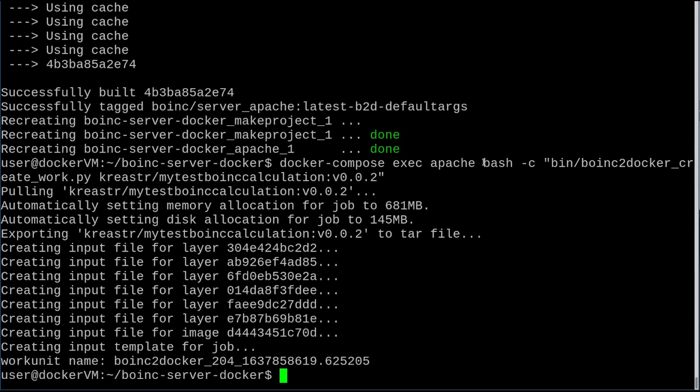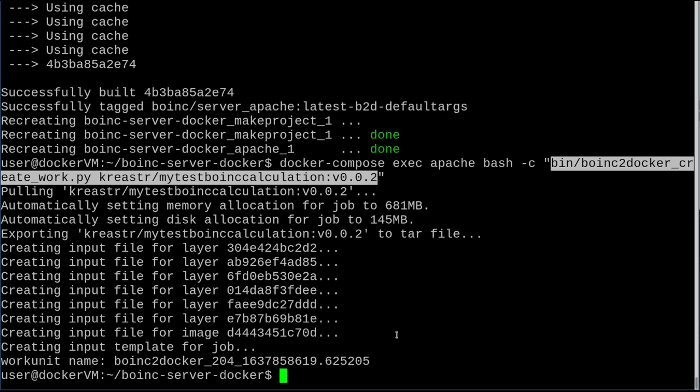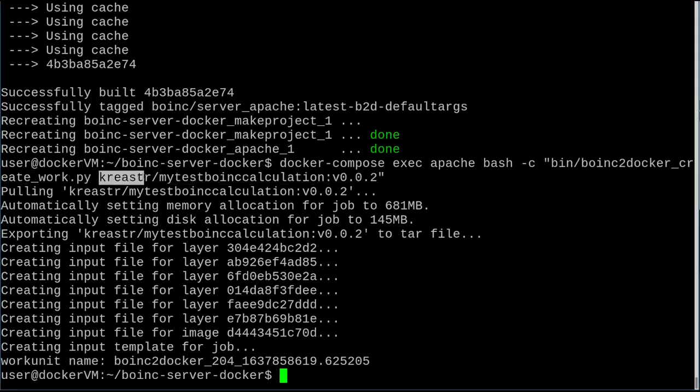The command is bash, which is a standard shell for Linux, and the -c argument tells bash that it needs to execute the following as if it was run in the prompt. So we are calling this bin/boinc2docker_create_work.py file, and we tell it to create a new instance for the following container. The container is the same name that we would use in the Docker repository if we were, for example, to